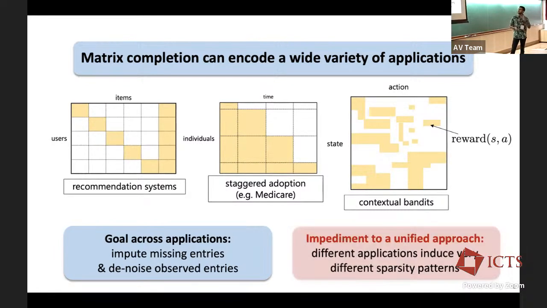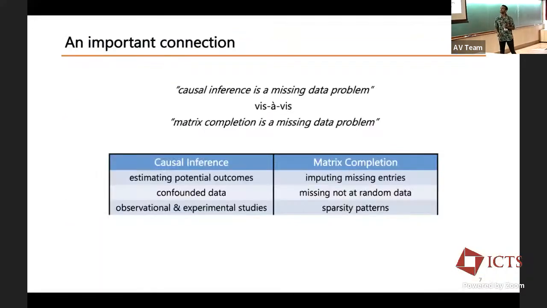Okay? And the problem with finding a matrix completion algorithm that works in a unified way for all these different applications is that different applications induce very different sparsity patterns, as you can see. Okay, so getting an algorithm that works in general for all these different sparsity patterns is a challenge. Okay, so the thing that we hope to do here is to reason about different sparsity patterns through this language